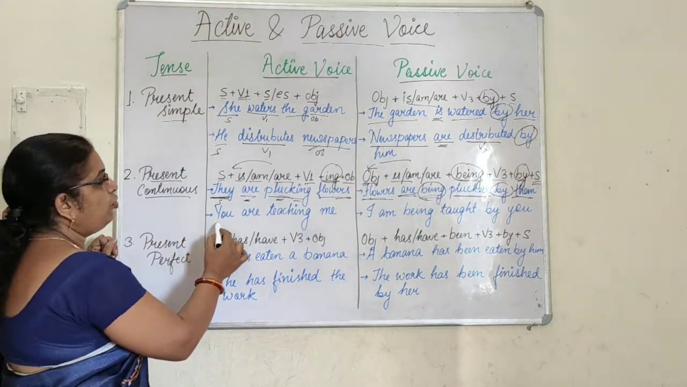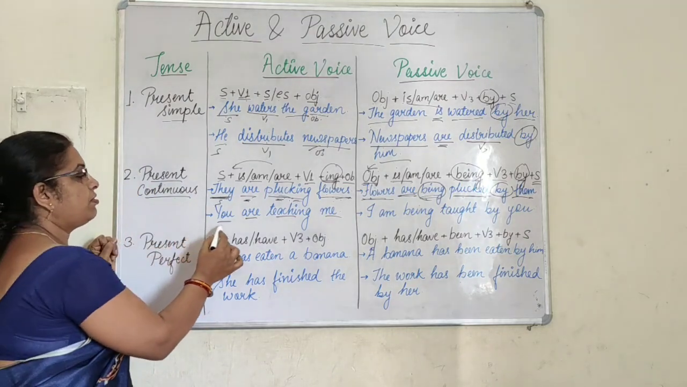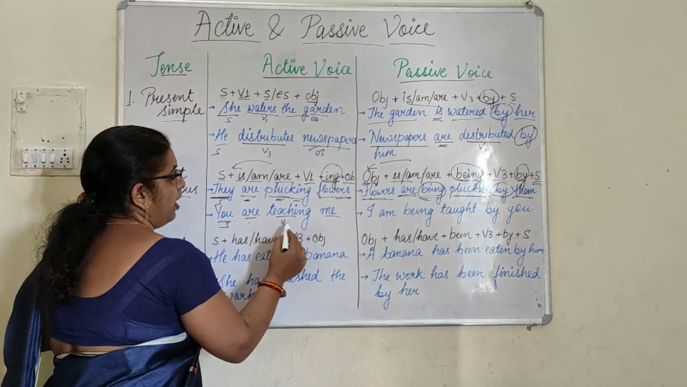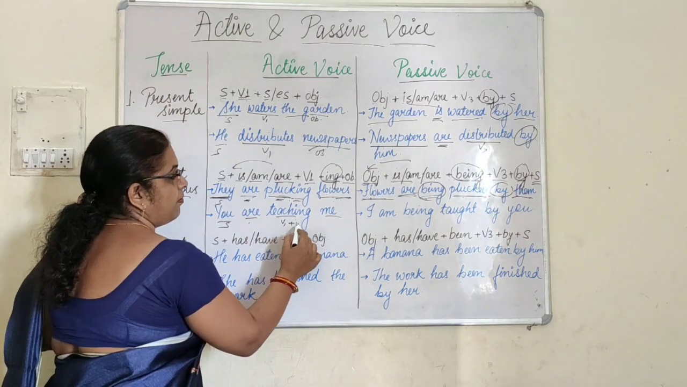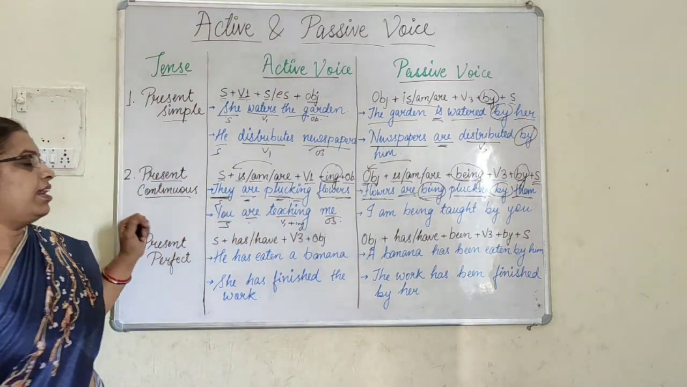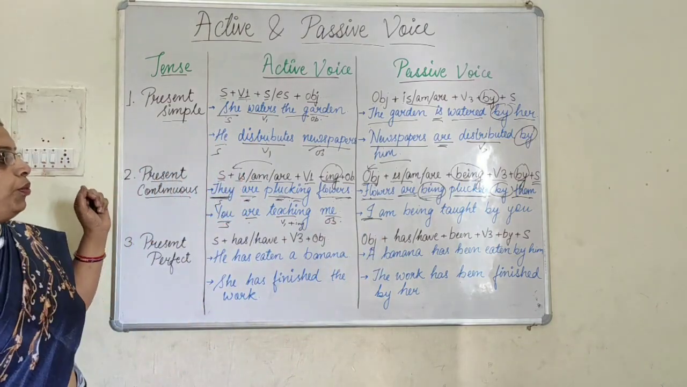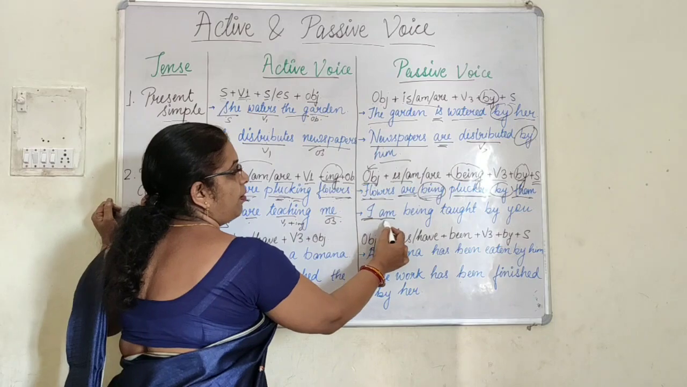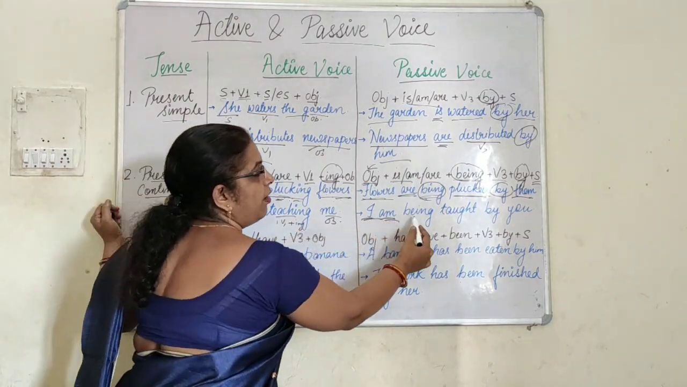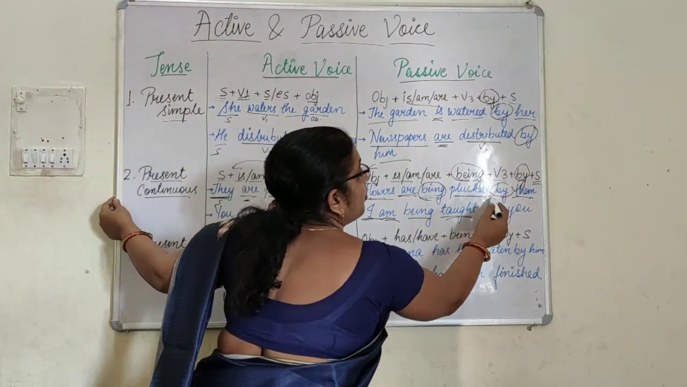Come to the next sentence. You are teaching me. You is the subject, are the helping verb, then V1 and ing, and then the object. This is changed: "me" changes to "I" and comes in front. With "I", you have to use "am". It is in ing form, so you have to write: I am being taught, verb third form, and by